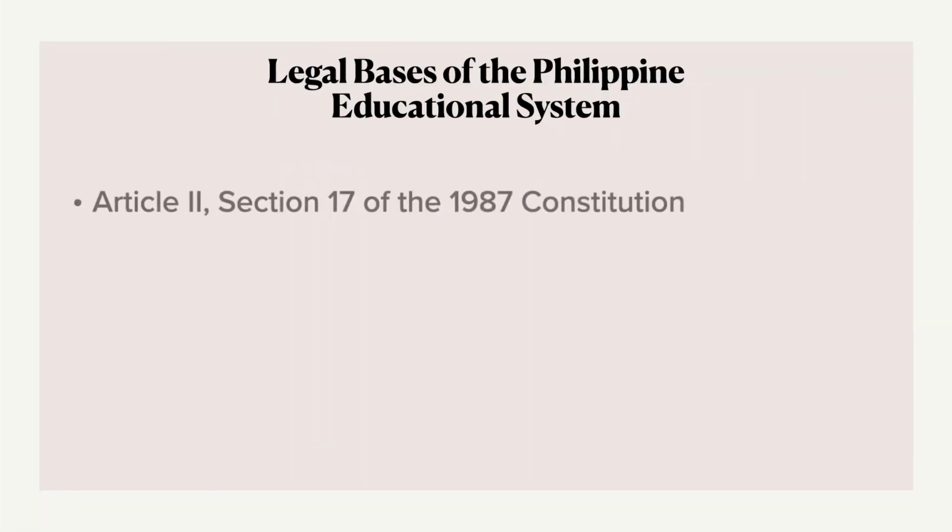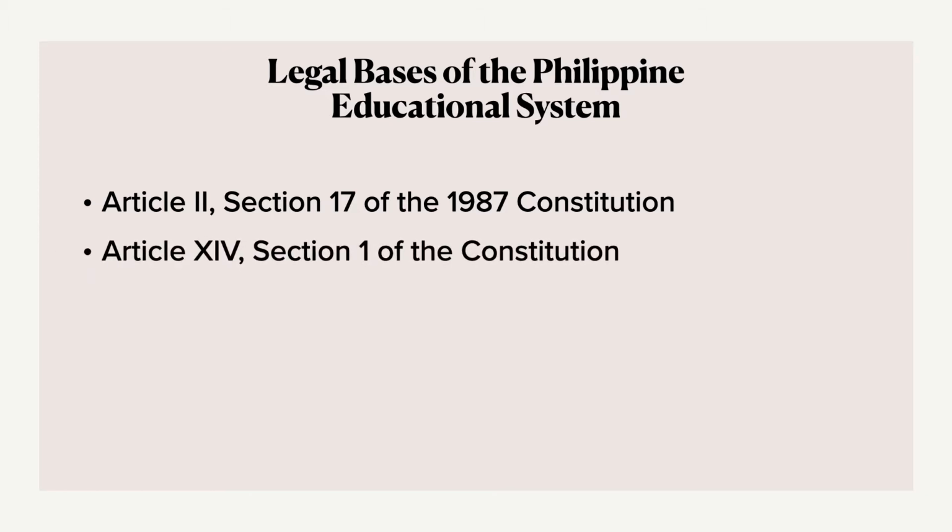Article 2, Section 17 of the 1987 Constitution provides the state shall give priority to education, science and technology, arts, culture, and sports to foster patriotism and nationalism, accelerate social progress, and promote total liberation and development. In the same sense, Article 14, Section 1 of the Constitution further affirms the state shall protect and promote the right of all citizens to quality education at all levels and shall take appropriate steps to make such education accessible